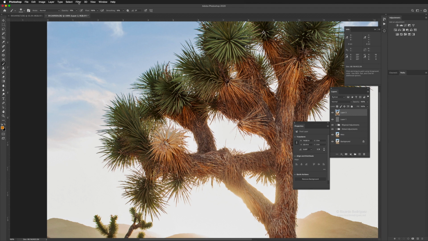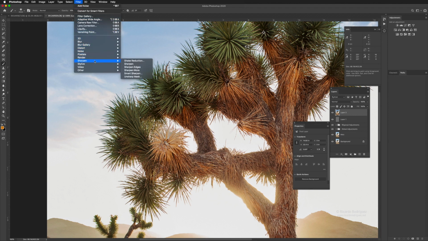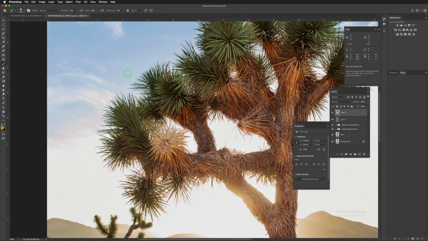So the first one is you go to Filter, you go to Sharpen, and you can see that there's a bunch here. Unsharp Mask works pretty well. Smart Sharpen is probably the one that I end up using the most from these. So I'm going to show you that one. So Smart Sharpen